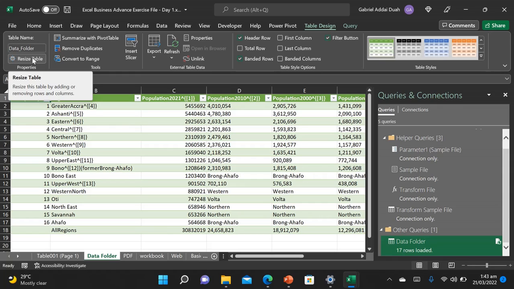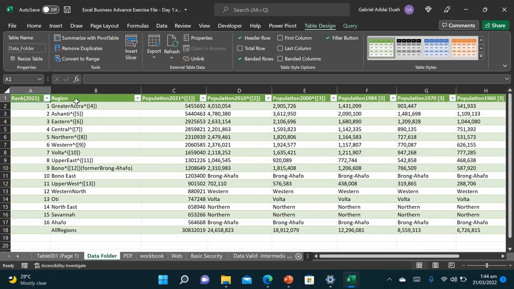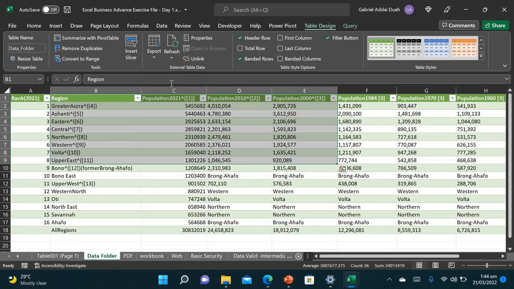So we were able to extract from the PDF directly, and where you don't have the PDF option at your end, then you just have to go ahead and use extract from folder, and that is a smart way around it when you don't have